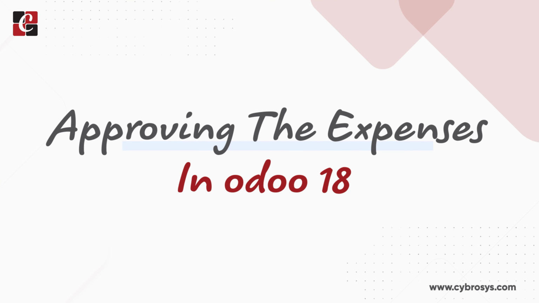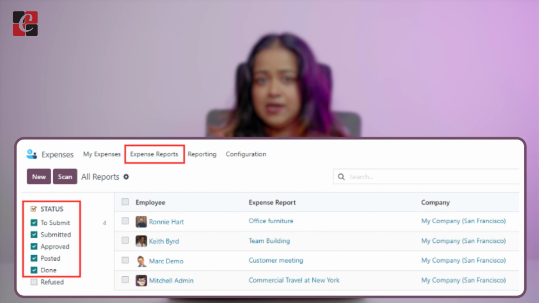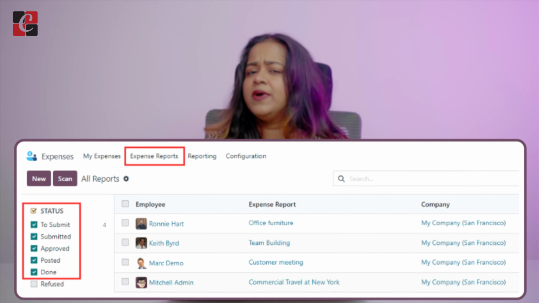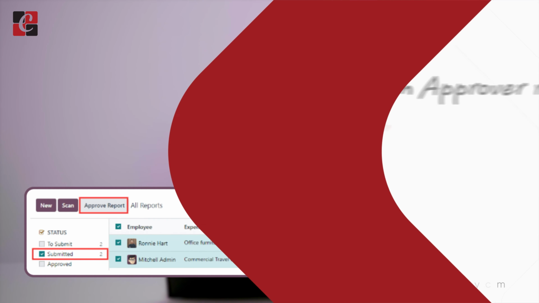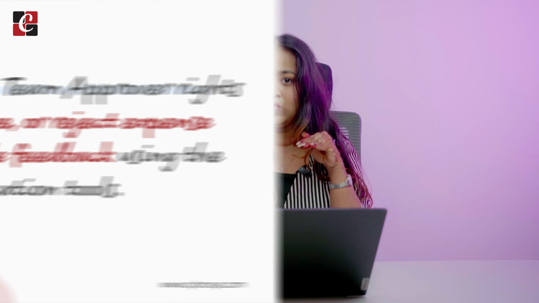Today in this video, let me teach you how to approve the expenses in Odoo 18's expense module. You all know expenses have to be created, then you have different statuses like to submit, submitted and approved. So this approval cannot be done by everyone. Only certain people with certain accesses can approve your request. Suppose I am creating an expense report, not everyone can accept it and approve it, right? So let me teach you how this approval goes on and how it's done. Let's move on to the video and see how it works.